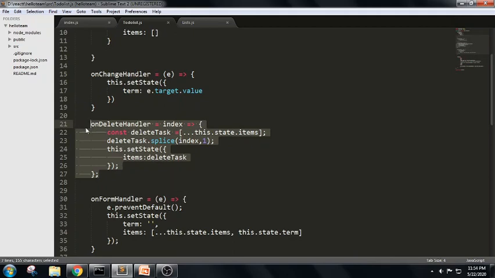So in order to remove an item from the list, we should be able to read the state value first, like the list of state items, and we are trying to destructure, in the sense we are trying to unpack all the values, that is we are trying to divide all the individual values. So it will try to remove the elements based upon the index.